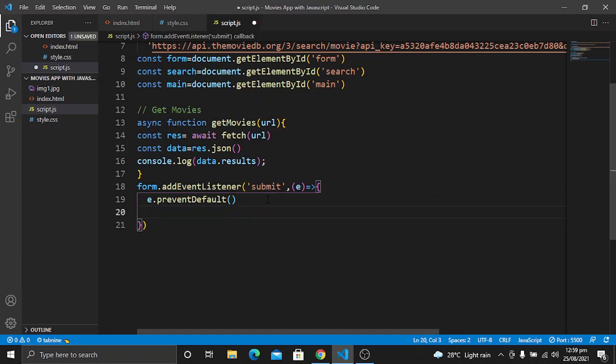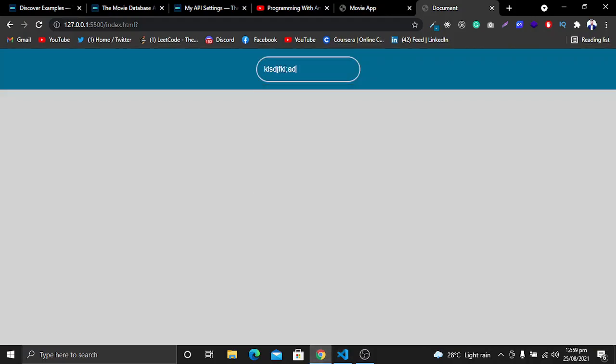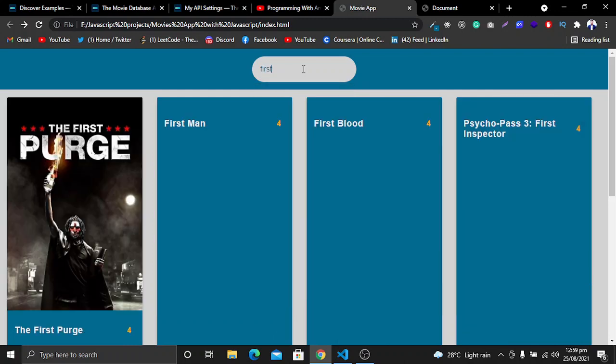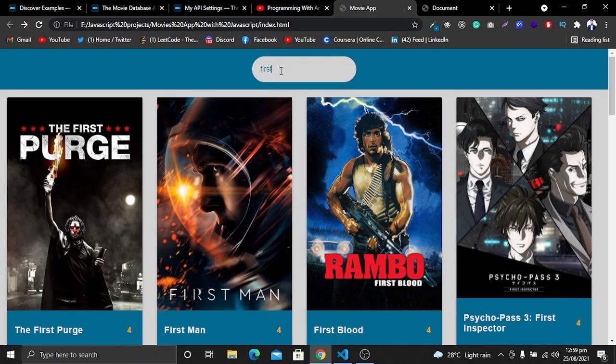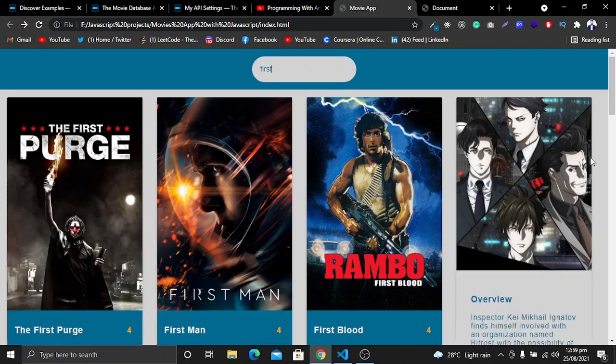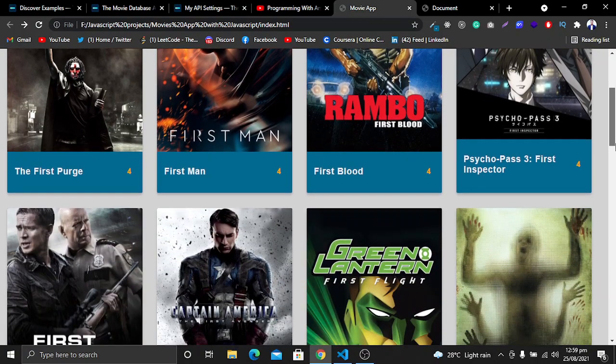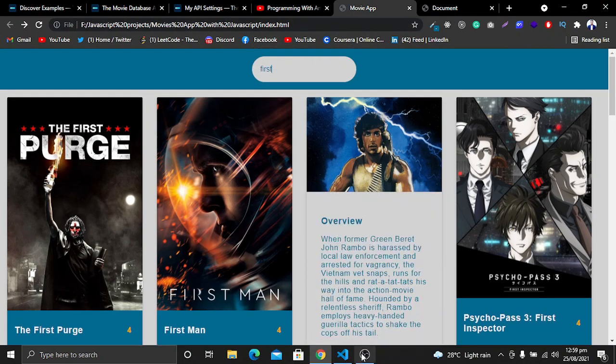The next thing I want to do is get the value that I'm adding here. I want to get this value, and from this value I want to search. For example, if I search for "first", you will see that based on this value our search results are coming: first purge, first man, first blood, and these kinds of things.